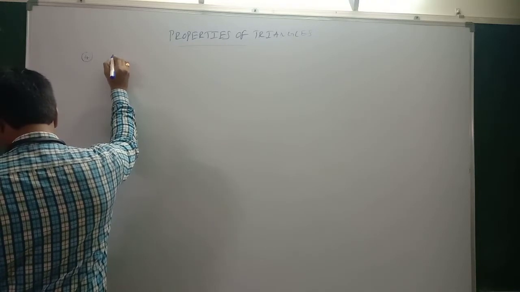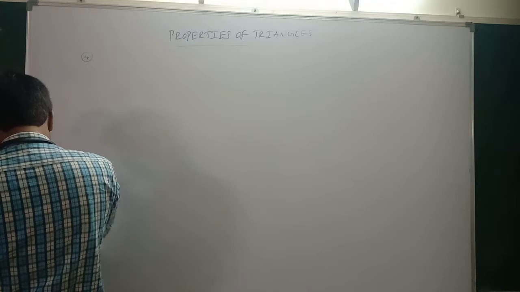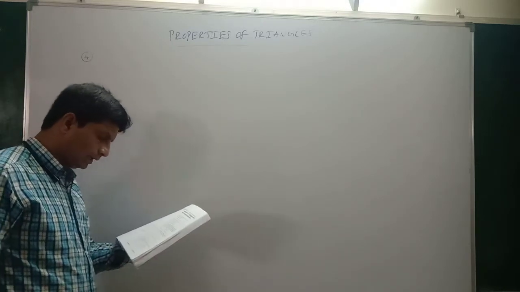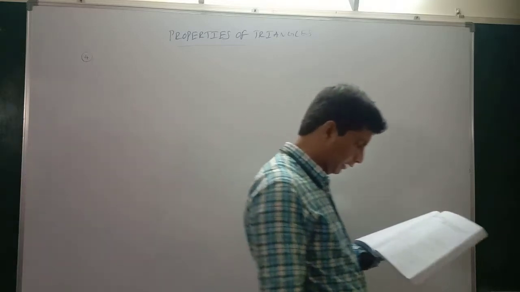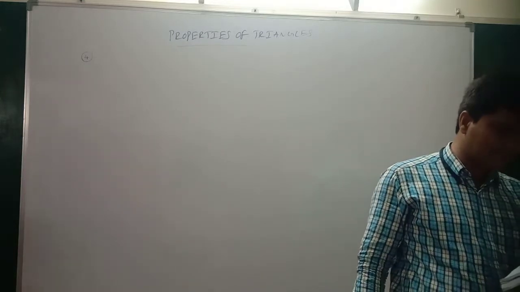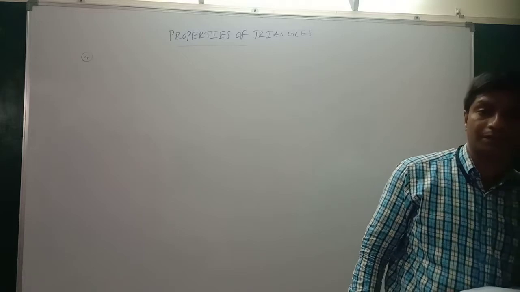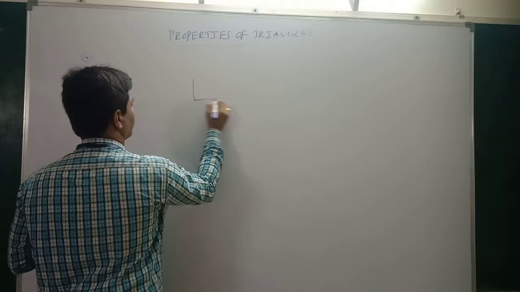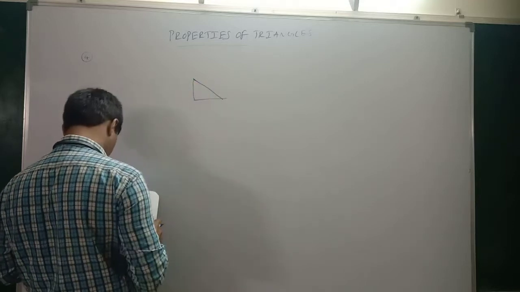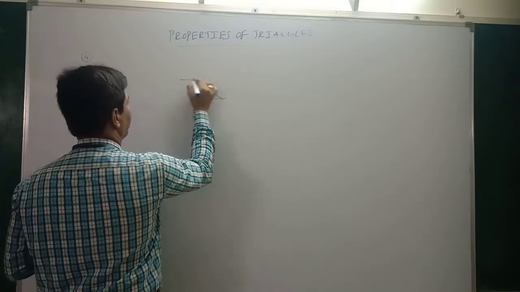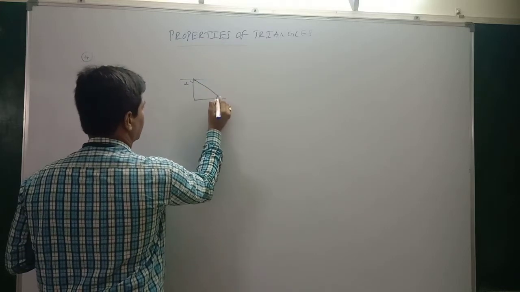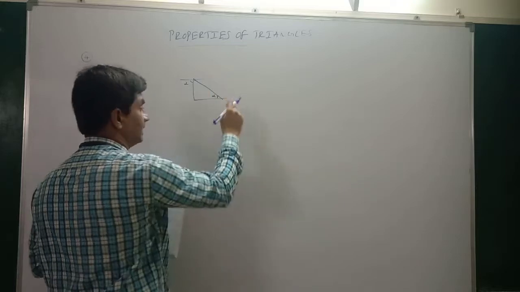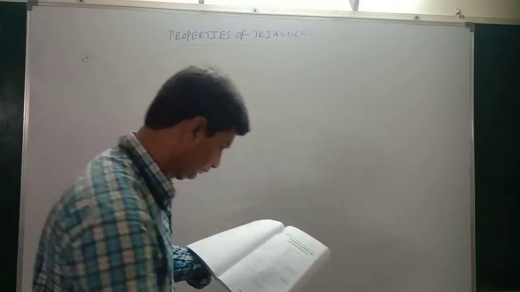From the top of a hill, the angles of depression of the top and bottom of the pillar are given like alpha and beta respectively. Then the height of the pillar. Very simple problem you can take here. What is given? Let us take the height of the hill is h meters. The angle of depression, for example, if this is the hill given, angle of depression is this, alpha. Now this angle will be what? This angle is obviously equal to alpha, because this is a transversal, right?